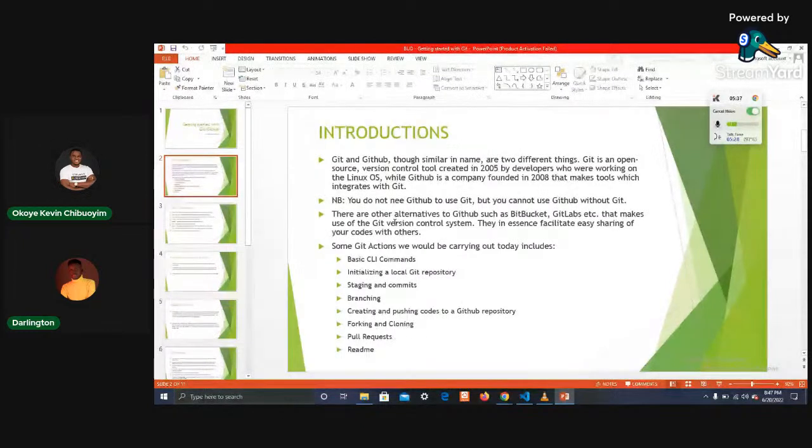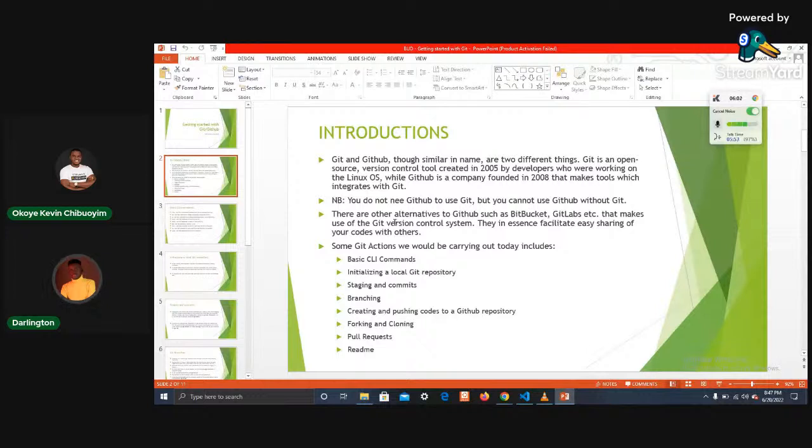Please proceed. Okay, so like I said, there are alternatives to GitHub, software created by other companies that also make use of Git behind the scenes. We have companies like Bitbucket and GitLab, and there are more out there that make use of the Git version control system.